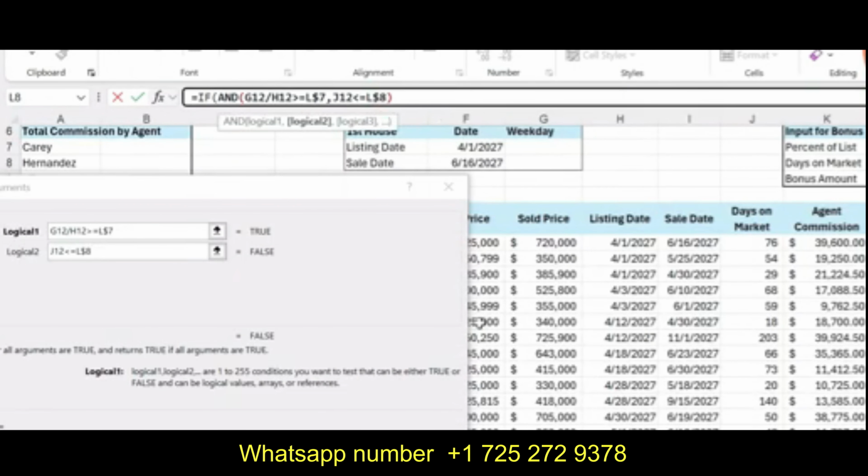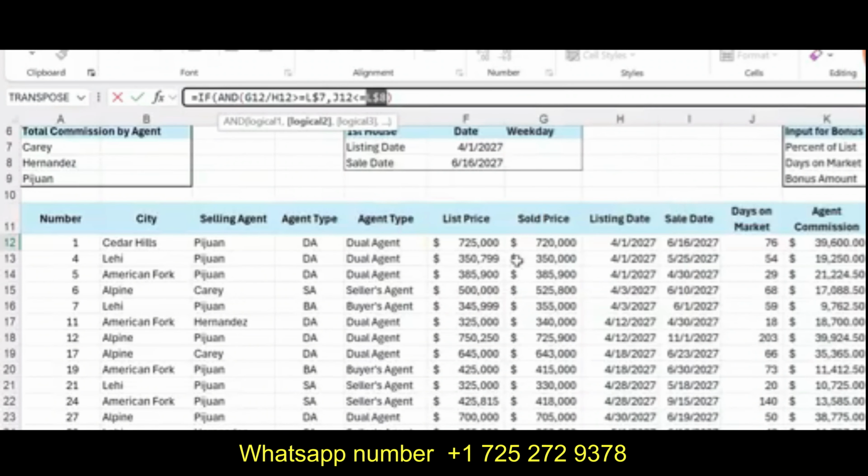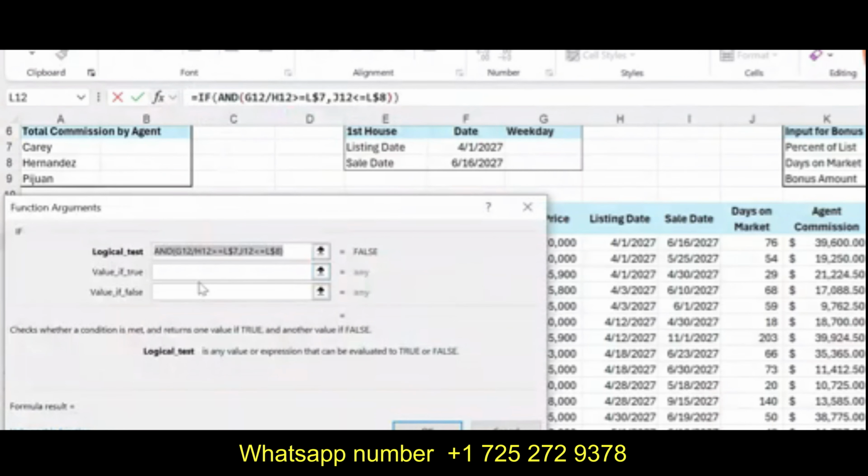So these are the two conditions for the AND function. Now we will use the condition for the IF function. So this was the logical test.